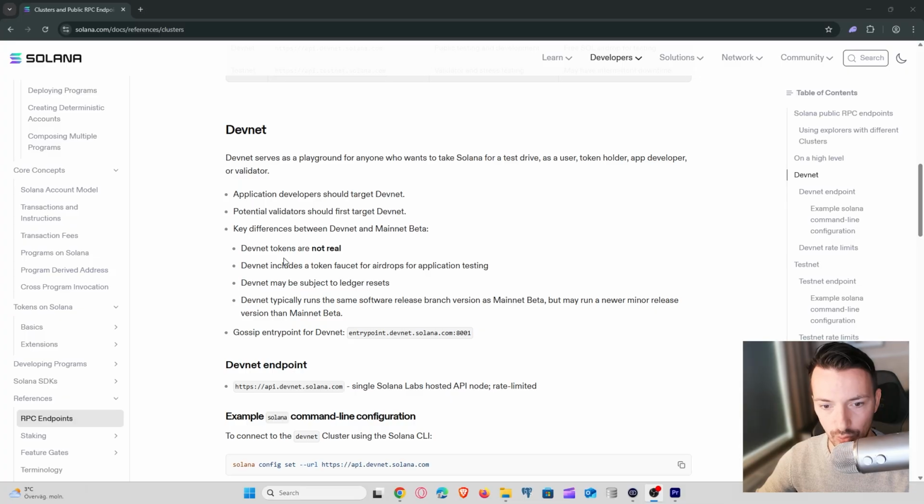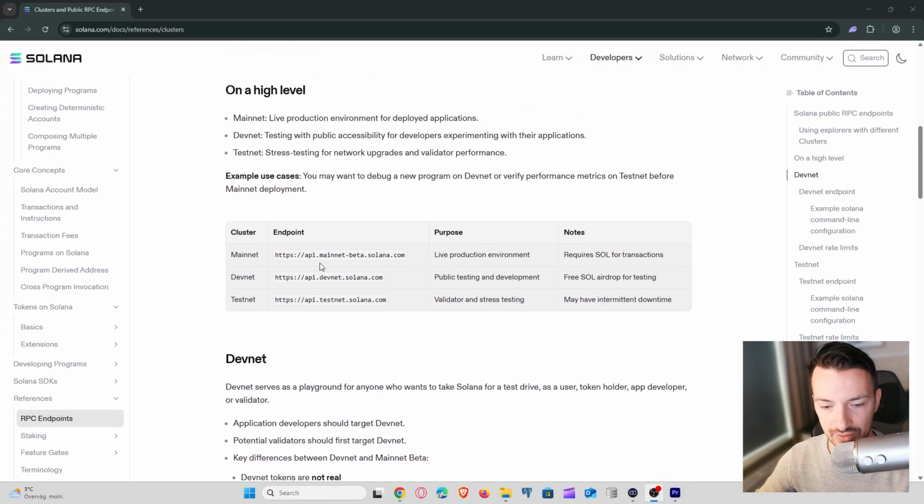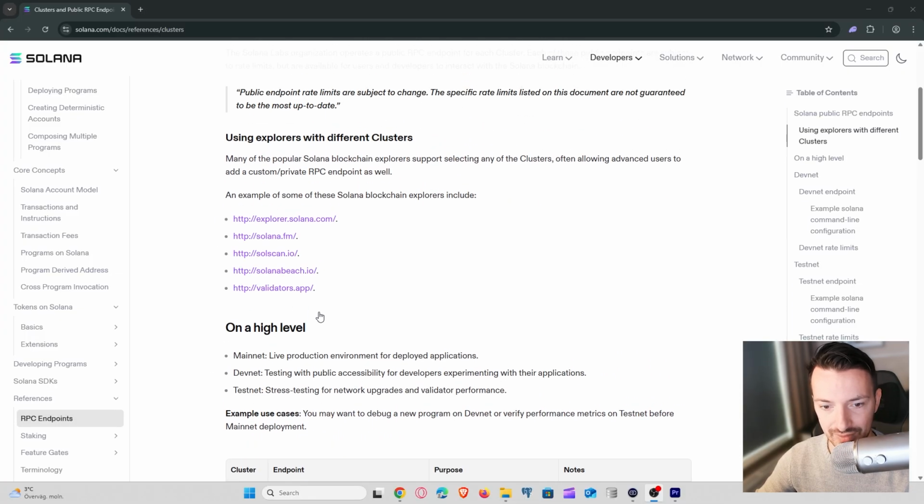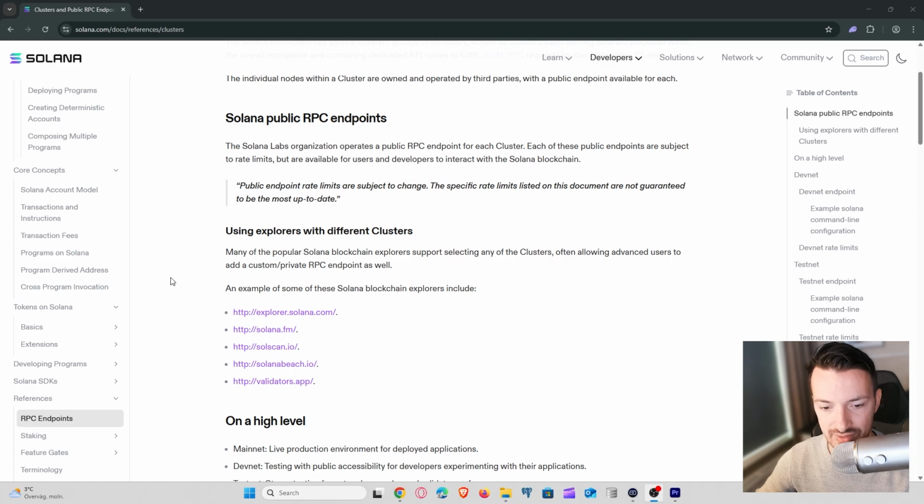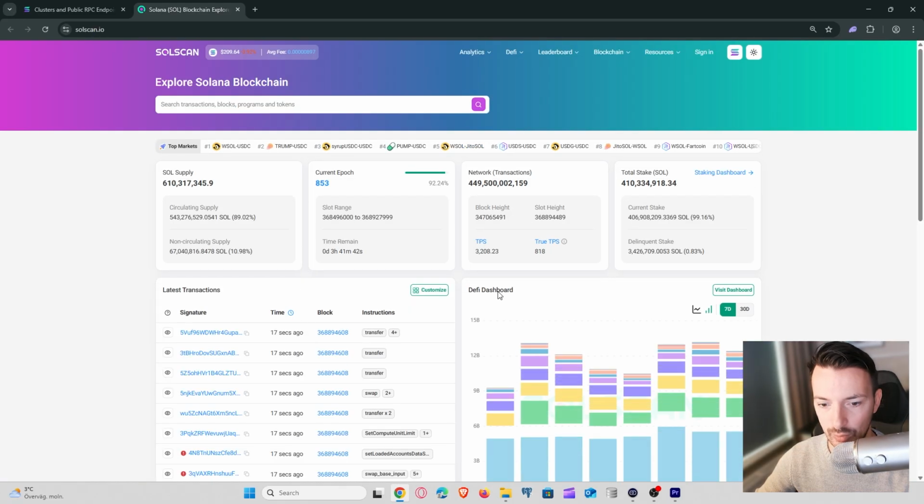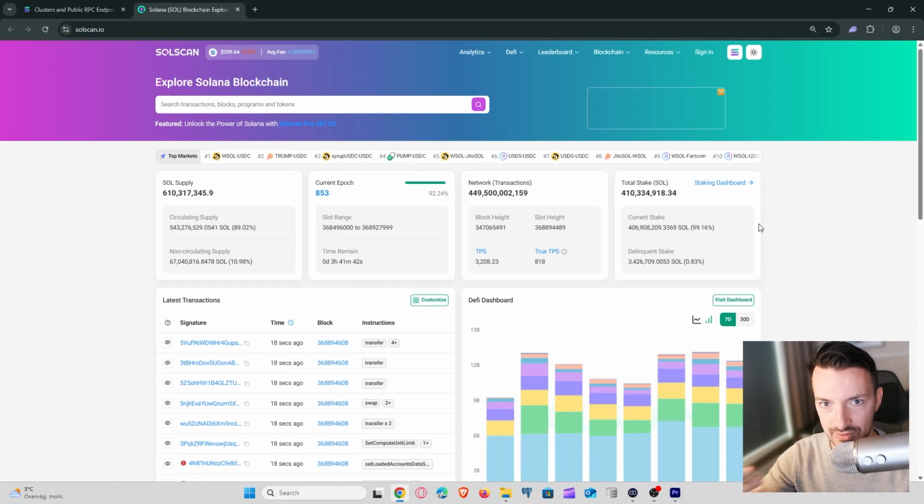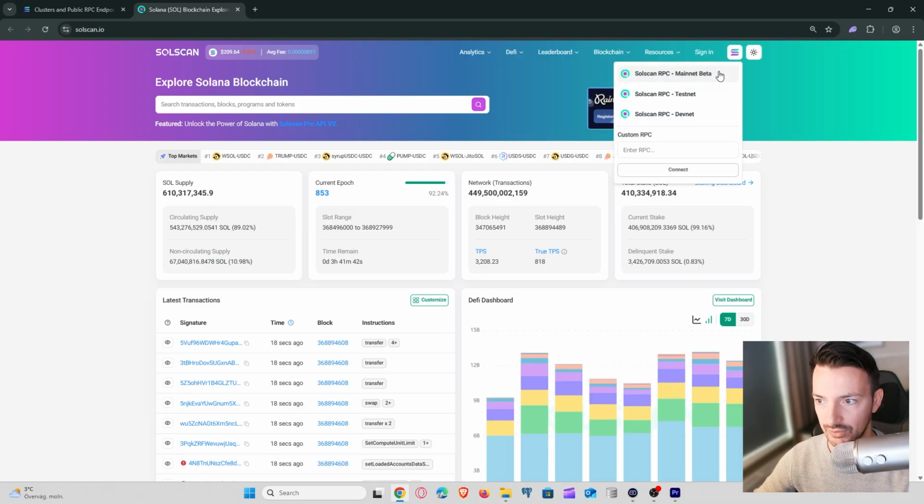Now, if you want to read more about the differences between the different clusters, you can do that. Also important is that there are many explorers that we can use to check out these different clusters, and we will have a look at solscan.io later, where we can check out what we're doing. We can look at certain transactions, and also here we can choose to look at the different clusters, for example